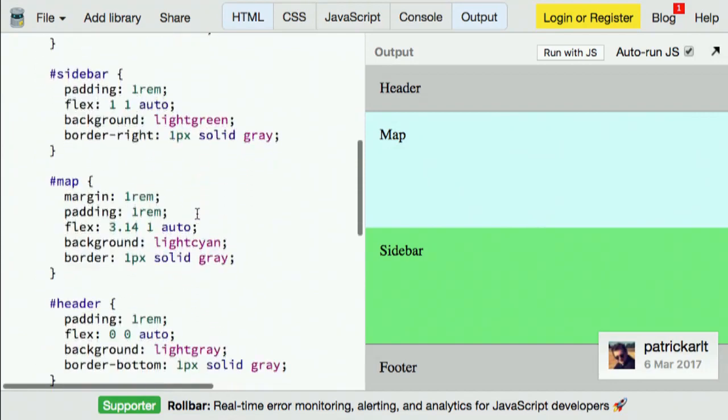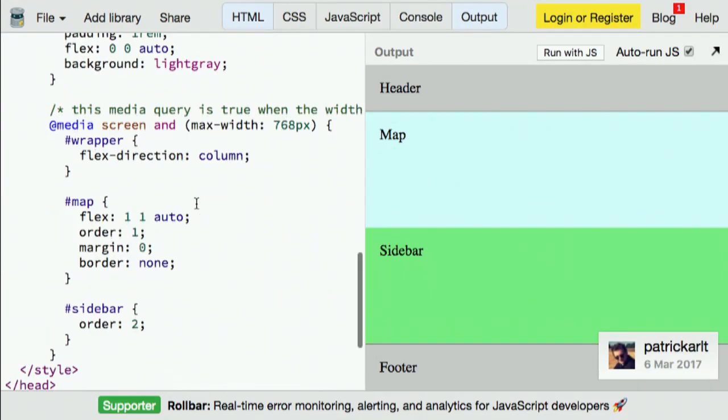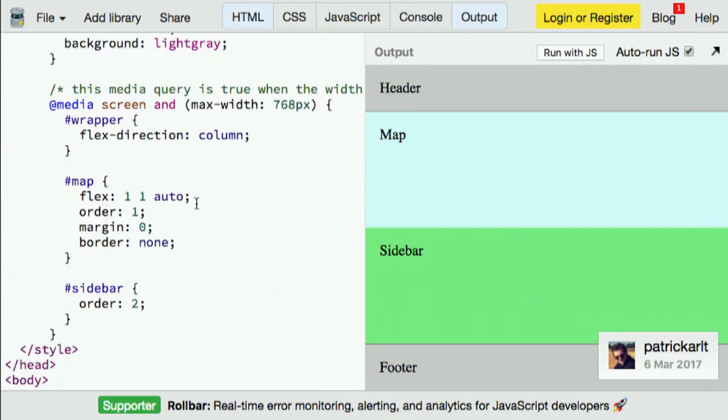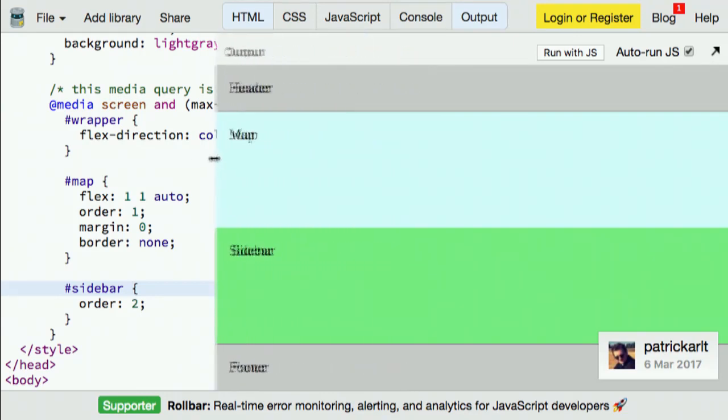A media query allows you to write special CSS that applies when certain conditions are met. So for example, I want to apply this CSS when the media is screen and the maximum width of my screen is 768 pixels or less. That's about like an iPad in portrait mode or so. So you can see if I actually take this,